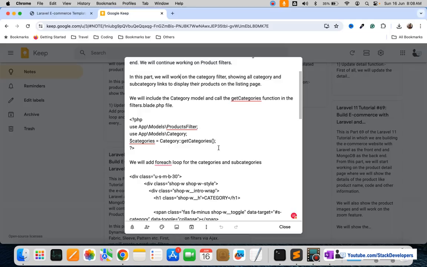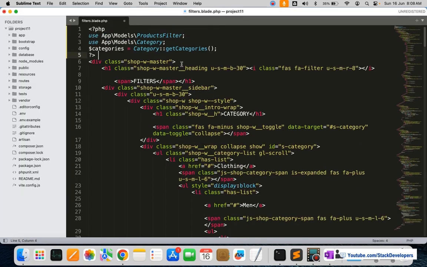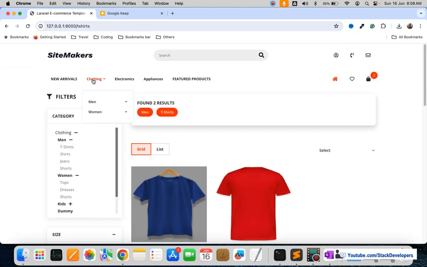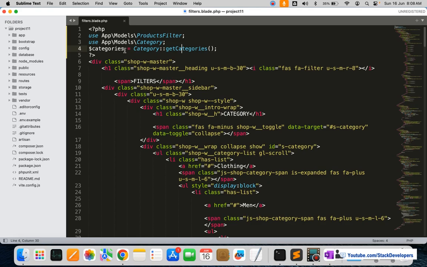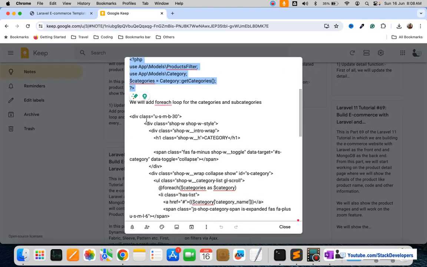After this I'm going to include these classes, these models that are required, at the top. Here you can see that we have called that get categories function that we created earlier. The same function we have used for displaying the categories and subcategories in the top menu. So this one we are going to call, and after that we will use the for each loop